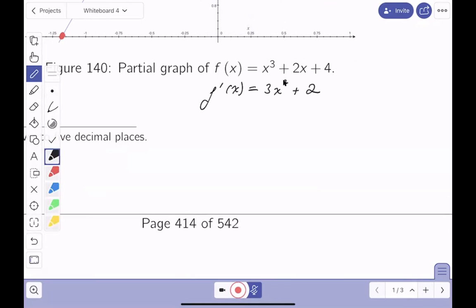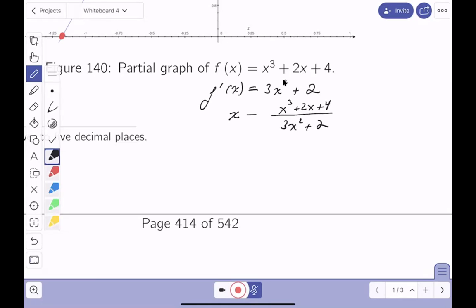I get x minus f of x. What's f of x? x cubed plus 2x plus 4 over its derivative, 3x squared plus 2. Now, I like to simplify these guys, but I'll be honest with you, you don't have to simplify that because